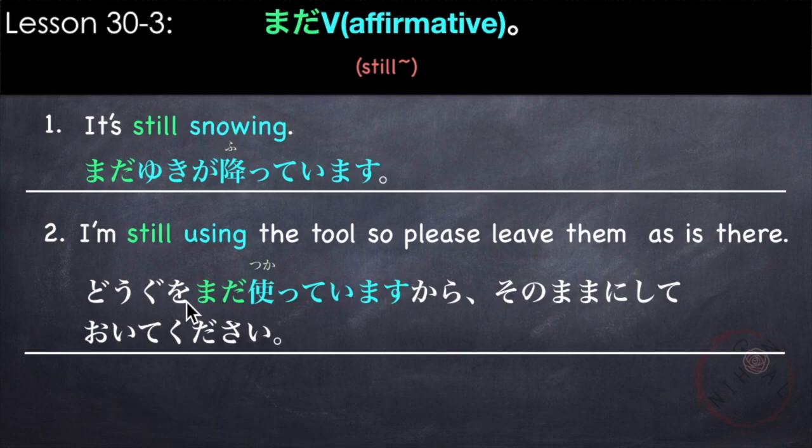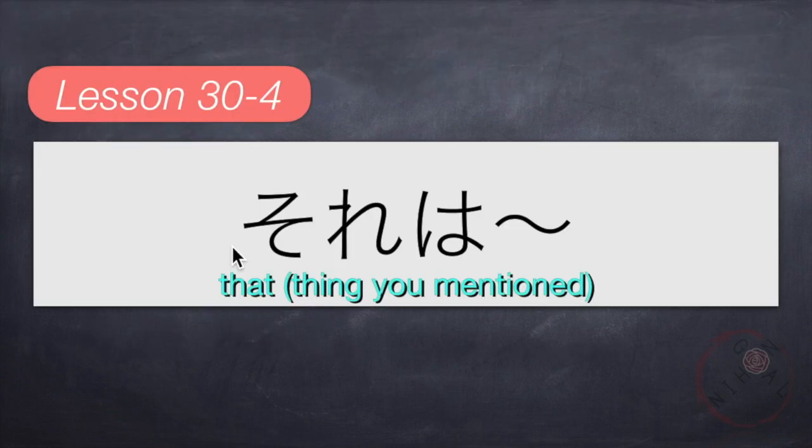I'm still using the tool, so please leave them as is there. 道具 is tool. まだ our verb is to use in positive or affirmative form. 使っていますからそのままにしておいてください。道具をまだ使っていますから、そのままにしておいてください。